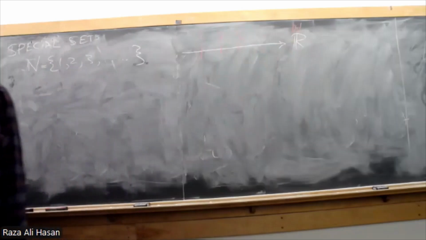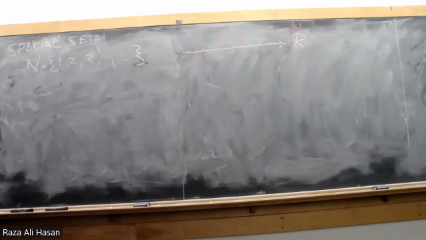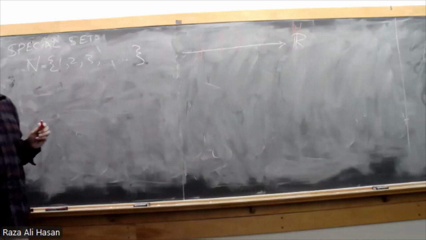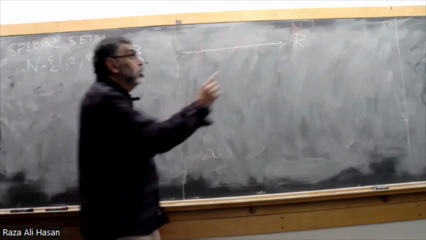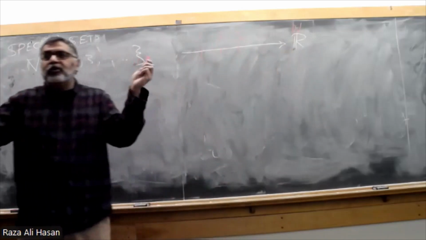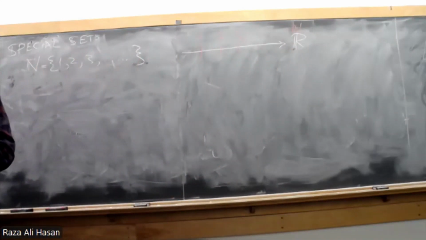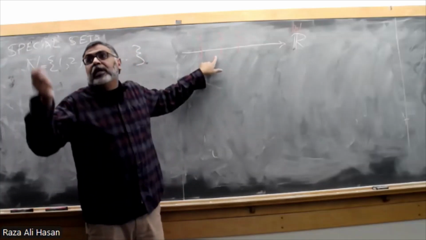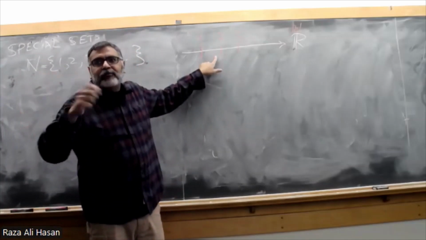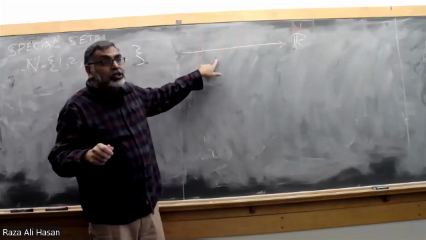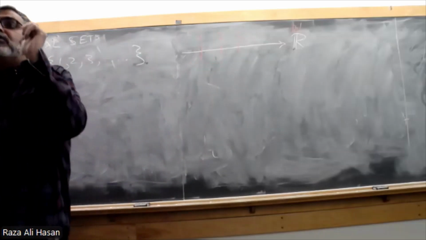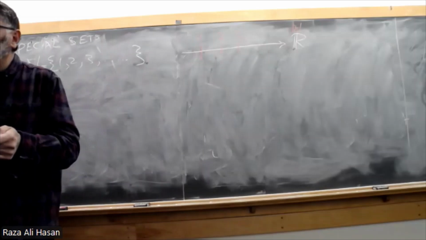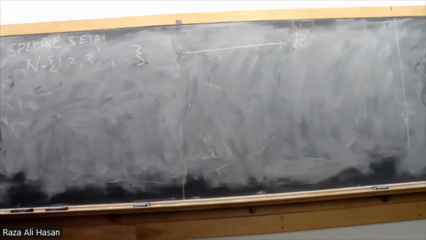Okay, so between 1 and 2, how many natural numbers are there? How many natural numbers? 0. Between 1 and 2, how many real numbers are there? Even if you don't know what real numbers are, infinite. Between 1 and 2, there are an infinite number of real numbers. Let's pretend we know all these numbers. Between 1 and 2, there are infinite rational numbers. Okay? All right, good. Let's keep going.